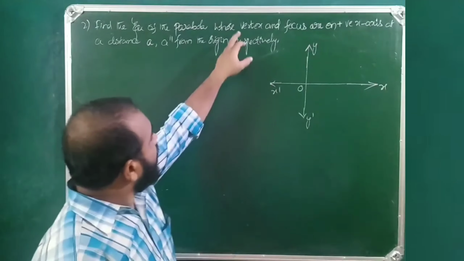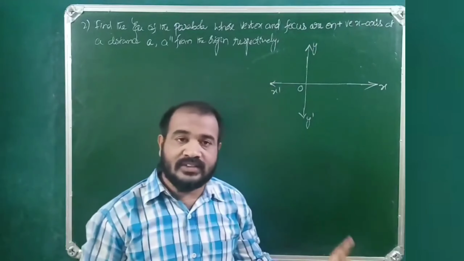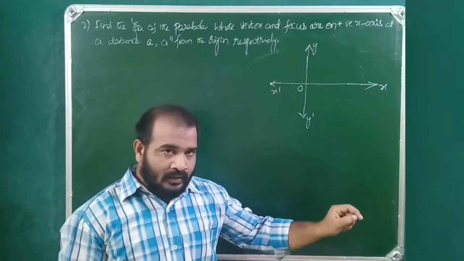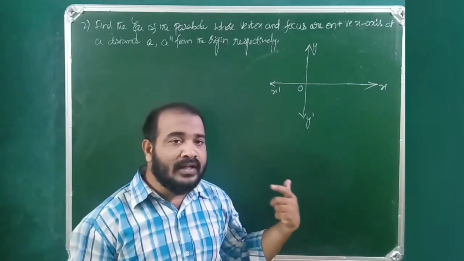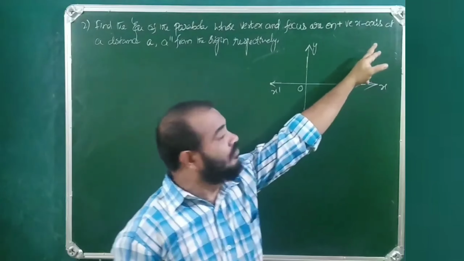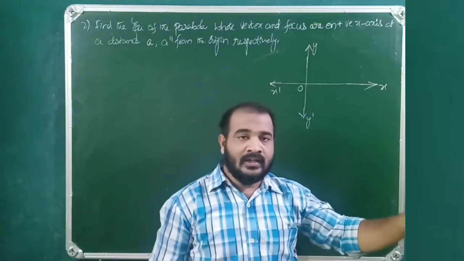If the focus is on the x-axis, that means the principal axis is the x-axis. If the principal axis is the x-axis and the focus lies on the positive x-axis,